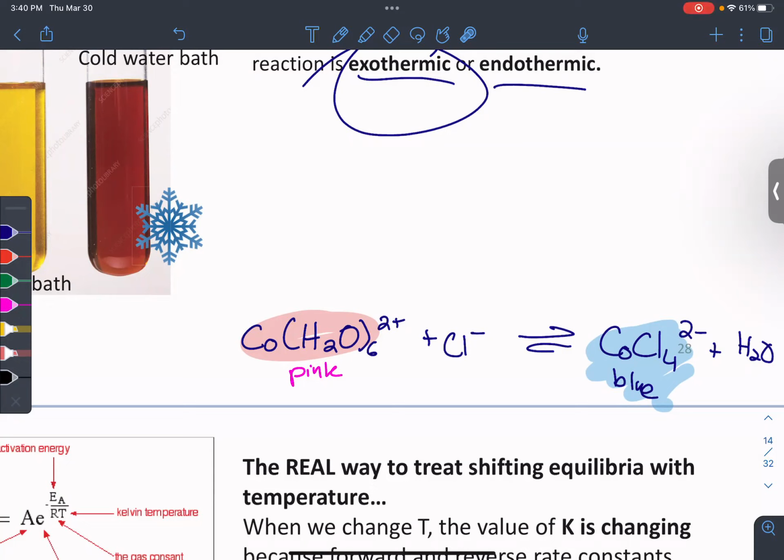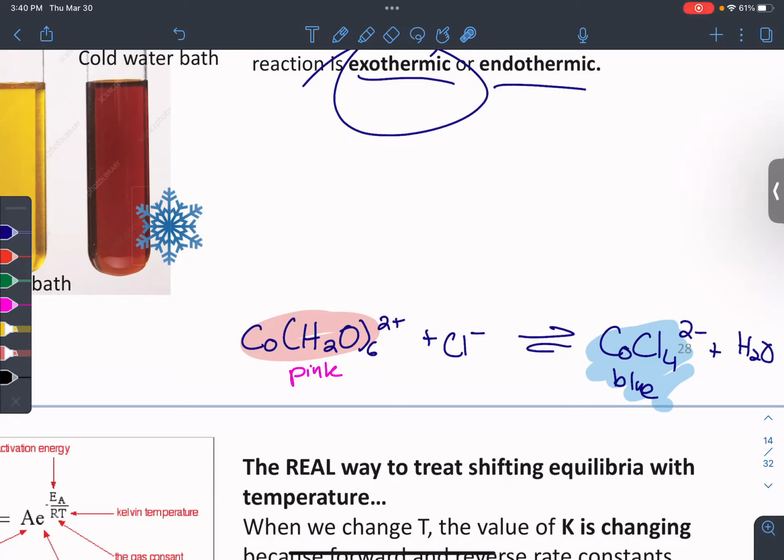The hot one we can kind of see is turning. What color is it turning? What is it closer to? The blue one. So what does that mean? Where is the triangle in our reaction? On the reactant side. So what kind of reaction is this? And I don't even have to tell you. It is endothermic. Very good. And so you'll study this in LCP next week. You'll do the same things.